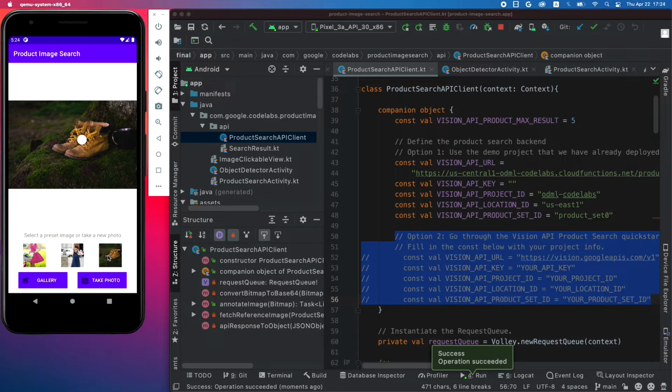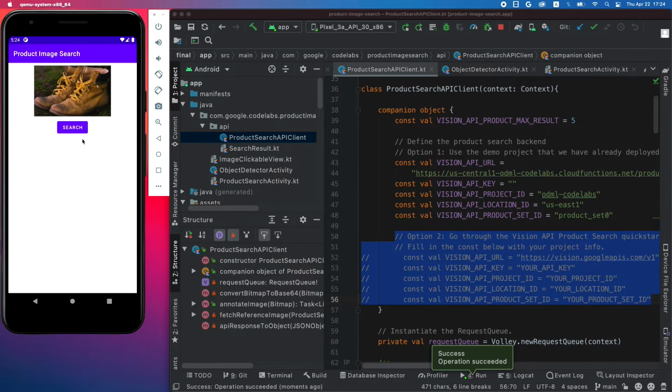The app already has the object detection capability that you have built earlier in this learning pathway. It can detect objects in the image, show them to the user, and let the user choose which objects they want to search for. When the user taps on a detected object, the app can crop the object out and start the product search activity. Here you can see that the object has been cropped out of the original image. When you tap search, the app will call the search by image method. We will start implementing the code from here.